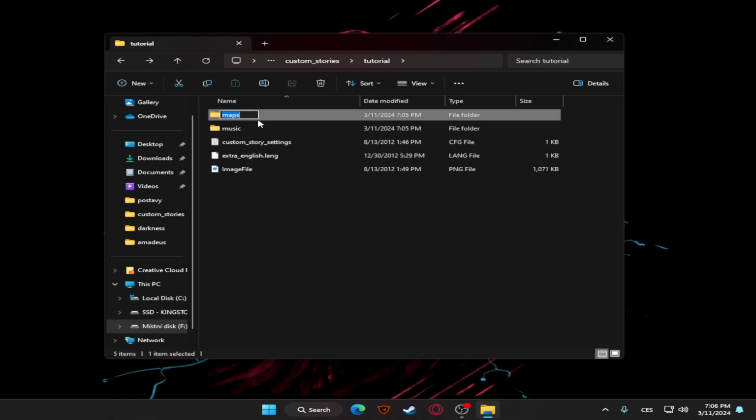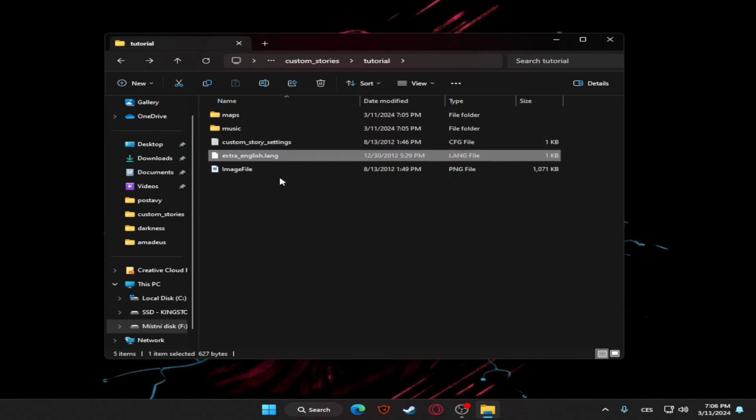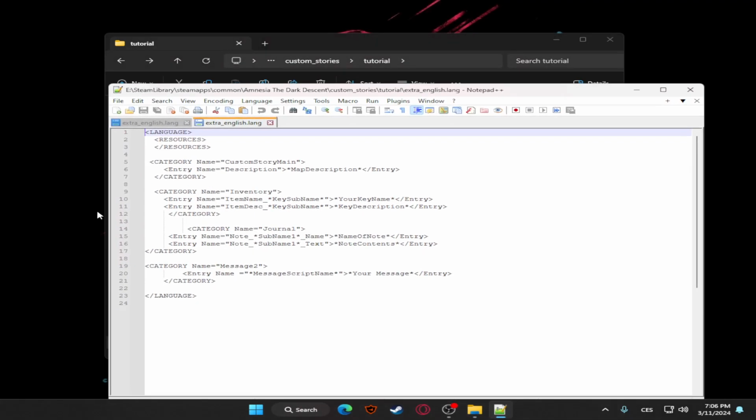In this folder you will put your maps, and in this folder you will put your music and sound, which I will not cover in this video because it's kind of with the script stuff. If you have Notepad++, you can also change the description shown when you start the custom story. You just click on it, open it in Notepad++,